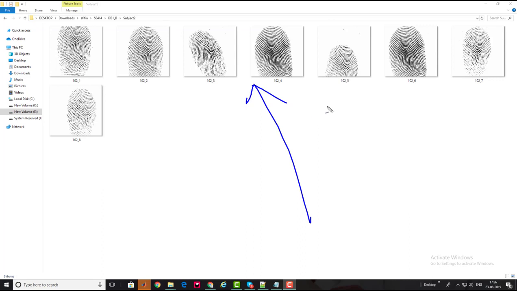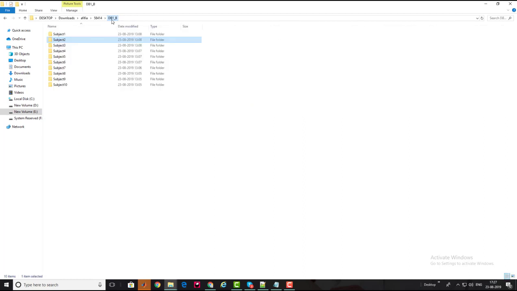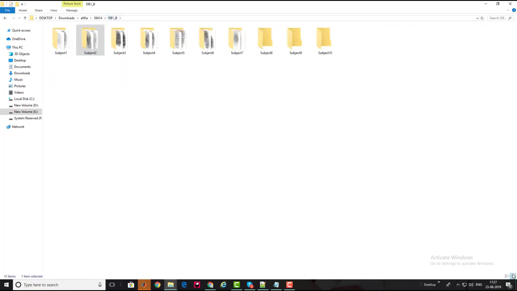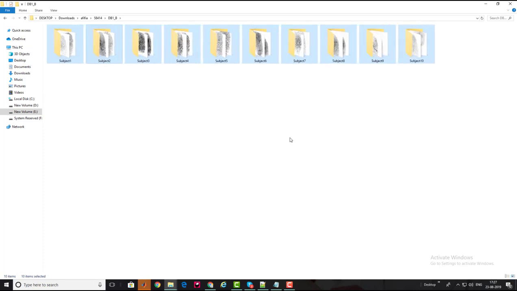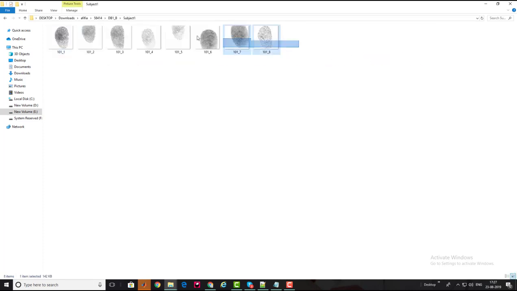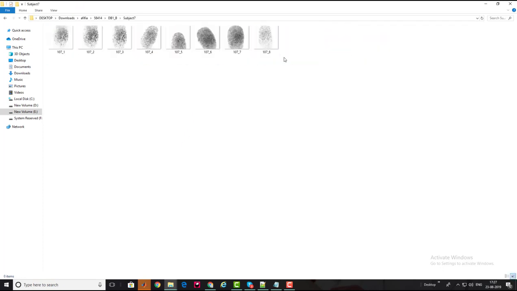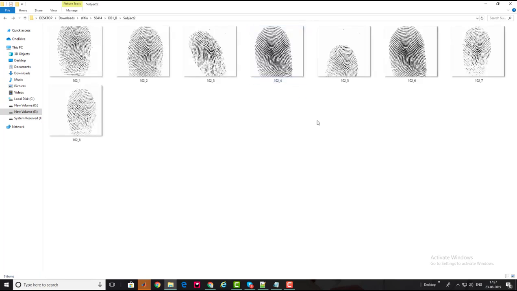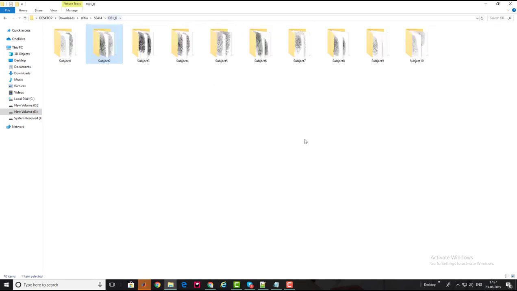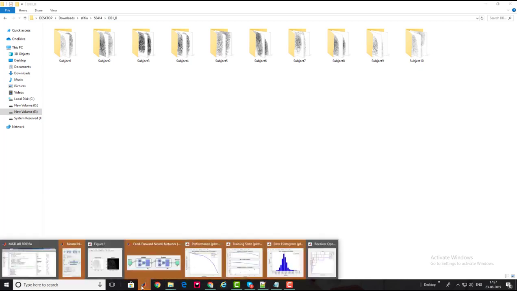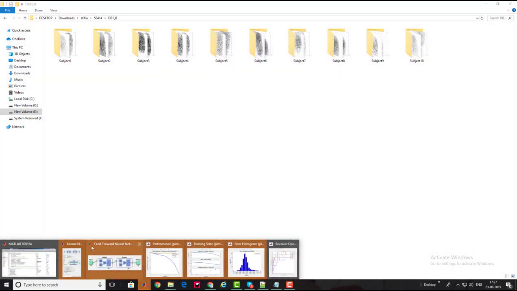For creating a subject-wise dataset, I put all subject images in a separate folder, where each folder contains the images from one subject, and each subject has 8 samples. You can download this dataset from FVC 2002, and let's see what the program looks like and how you can implement it.